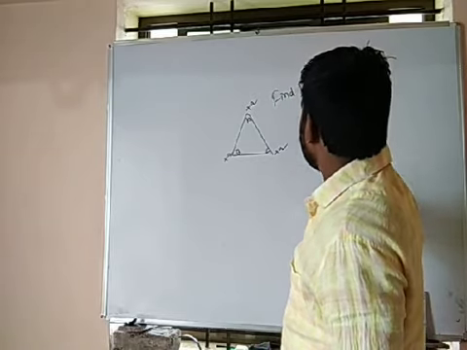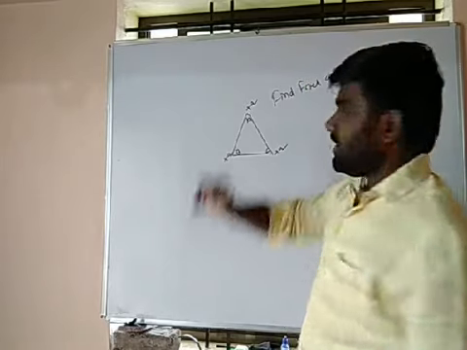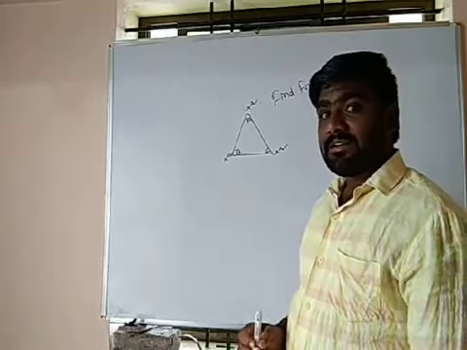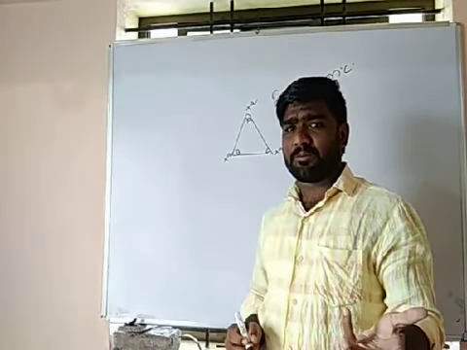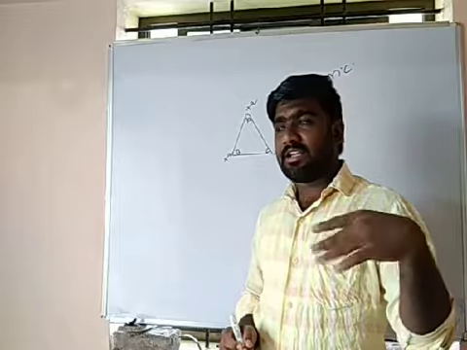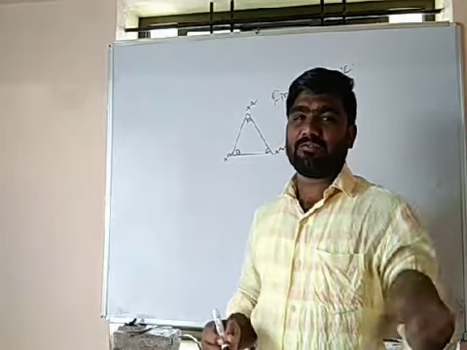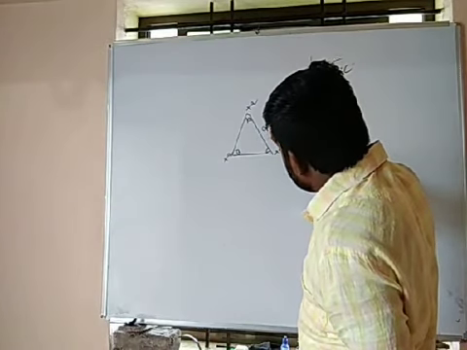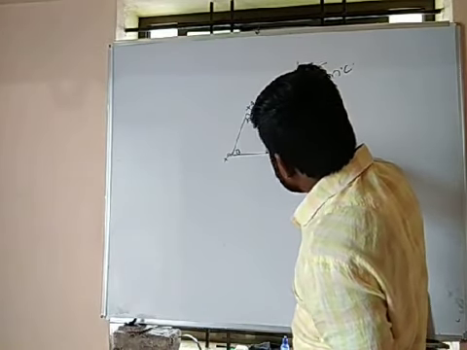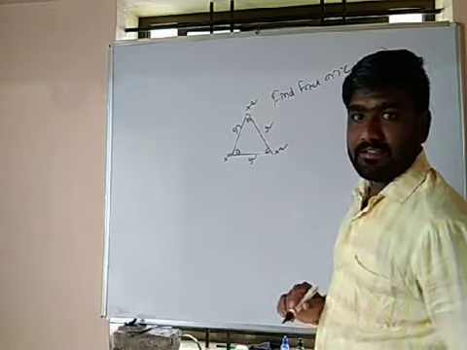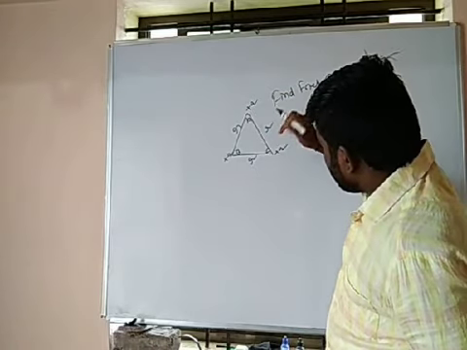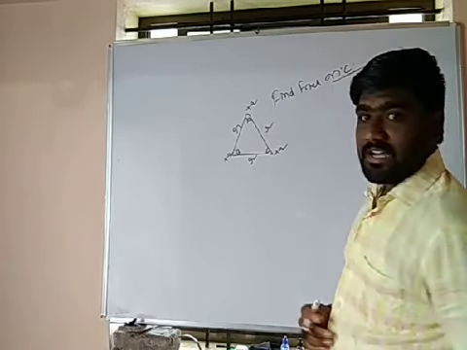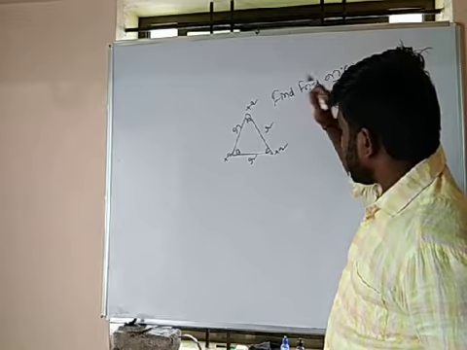F net on C. How to calculate F net on C? F net on C can be calculated by using the superposition principle. If there are more than 2, 3, 4 charges, how to calculate this? See, according to these two point charges separated by distance R, I want to calculate the force on C.